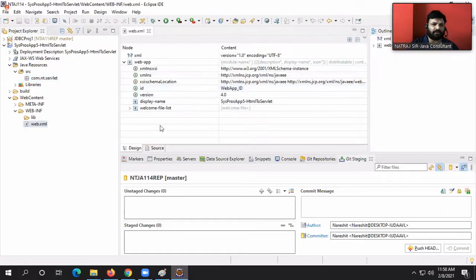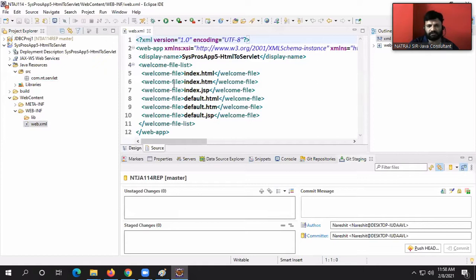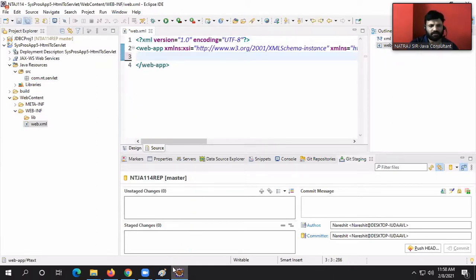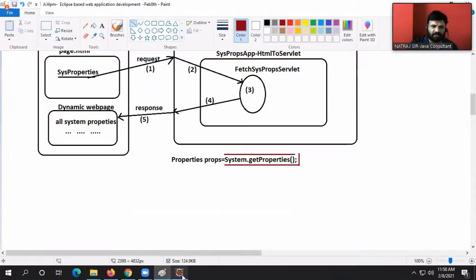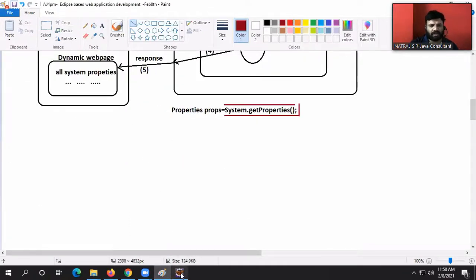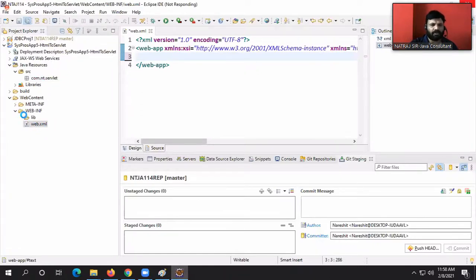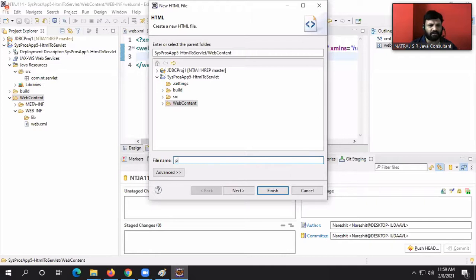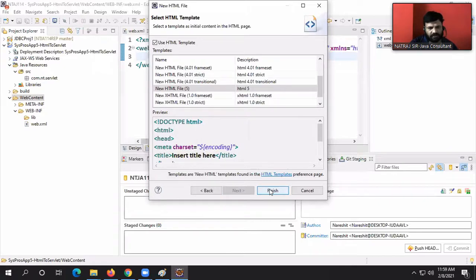Here is my web.xml file. This is my source page. See, by default, some content is coming. If you are interested, you can keep it; otherwise, you can remove it. That's up to you. Right now, shall I start the development of the application? I'll give the directory structure. Don't worry. First, I will go to the WebContent folder to place public area components. Right click. What's the name? HTML page.html. If not interested, take something else, not an issue. Save, finish.